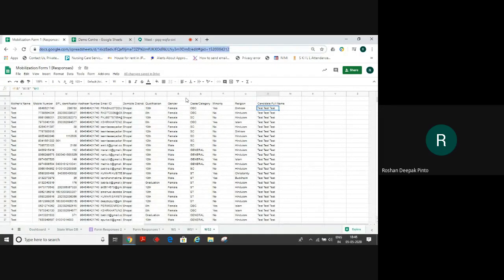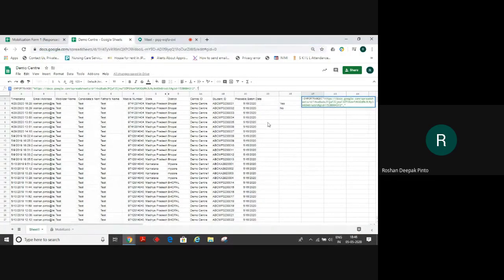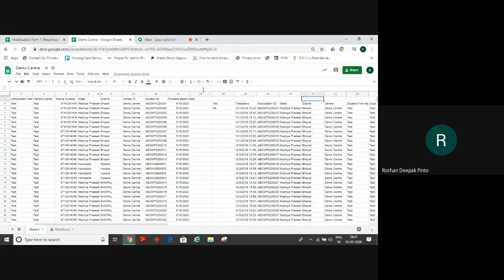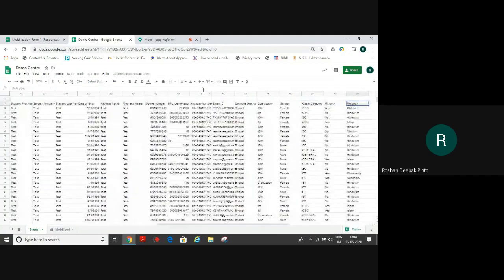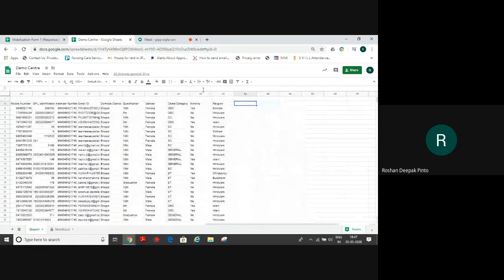Till U. WS2 exclamation mark A to U. Close the inverted commas and enter. So I'll wait for the data to be loaded. Yes, here it is. It has copied the complete thing here.